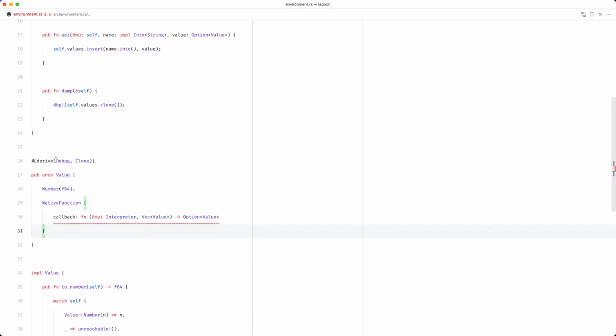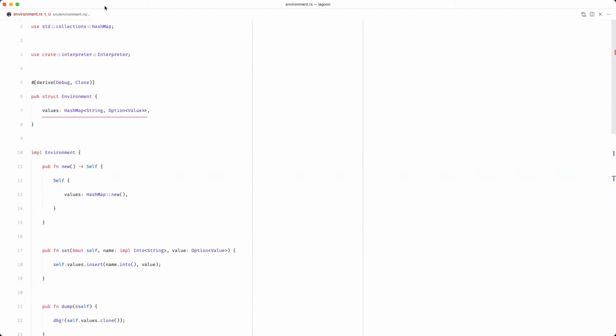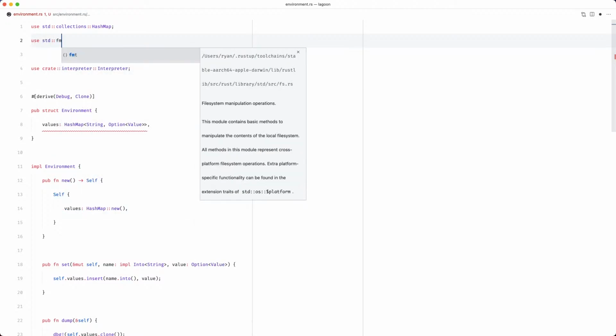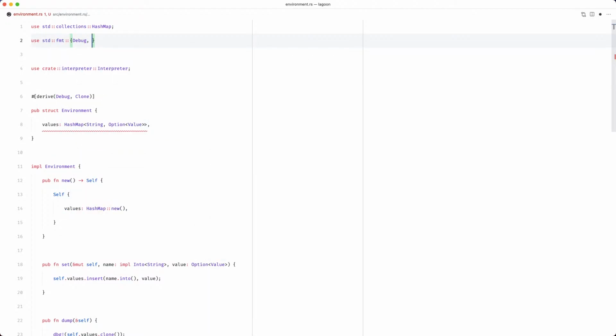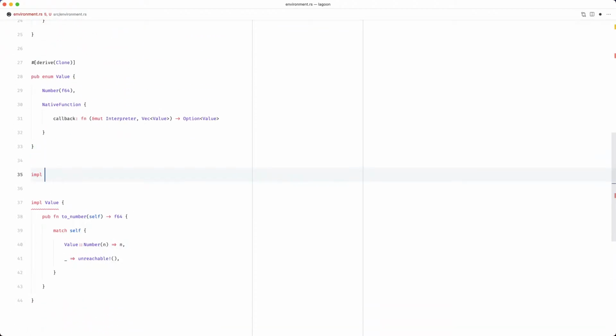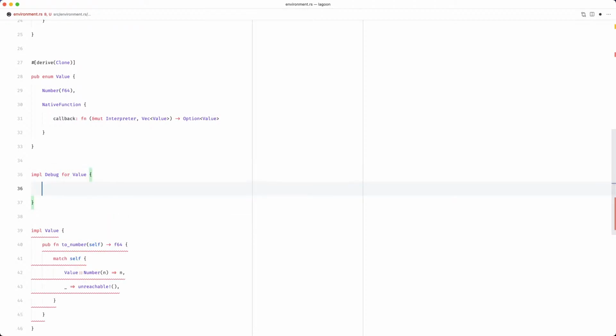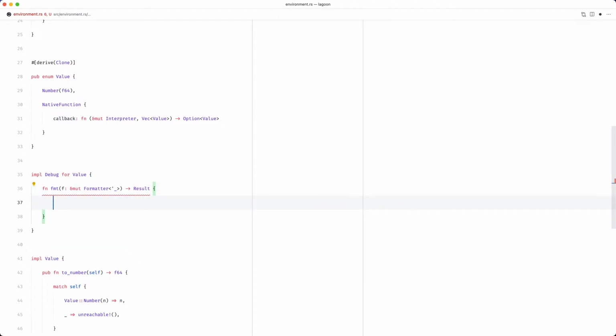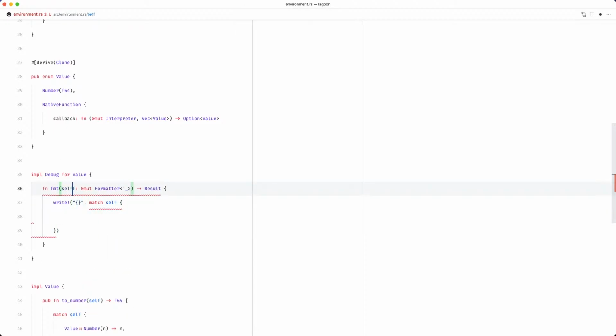And because we're storing a closure here, debug isn't going to be specific enough, so we need to implement that ourselves. So we'll get debug, we'll get formatter and result. And we can implement debug for value, fn format, that returns a result, and we can just match against ourselves, which is here.